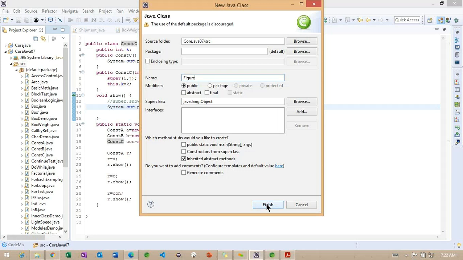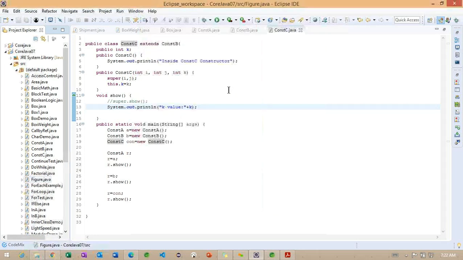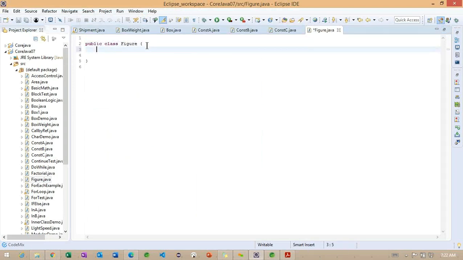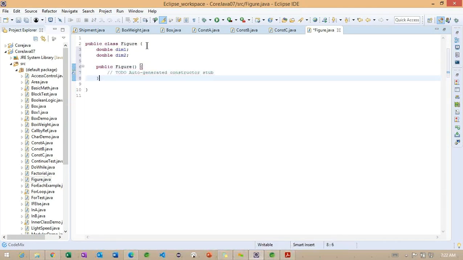So to work on this particular method overriding, I'm trying to create a class called figure, and it is having two values. Right. And we are going to have the parameterized constructor.